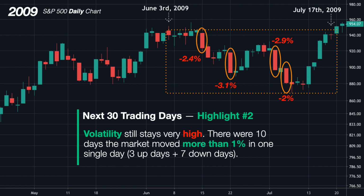Especially if you look at those down days, most of them were more than 2% or even 3% one single day crash. That could give investors several false signals that the market is gonna crash again. Although the total return was basically flat zero, those big ups and downs can be extremely challenging for many investors managing their portfolios, especially for those who believe we're still in the bear market and it was due for another